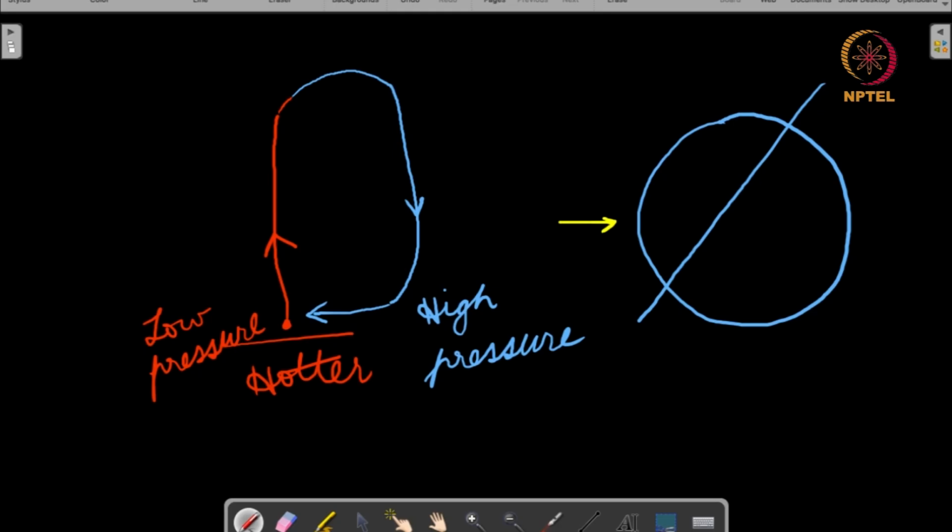When the sun shifts to the north, you have the summers in the northern hemisphere. When the sun shifts to the south, you have winters in the northern hemisphere. And so the sun is moving relative to the equator. Now with this apparent movement of the sun, we have changes in the pressure belts, because now a different area